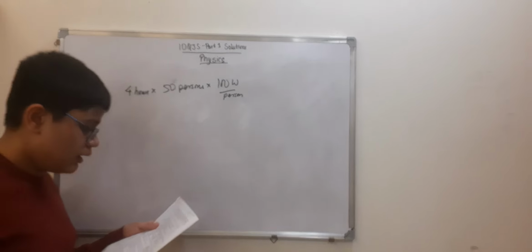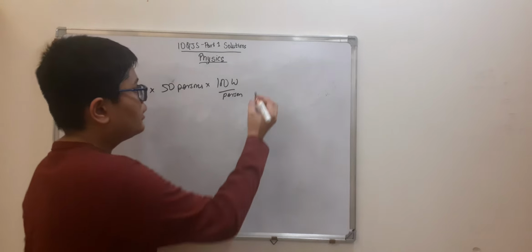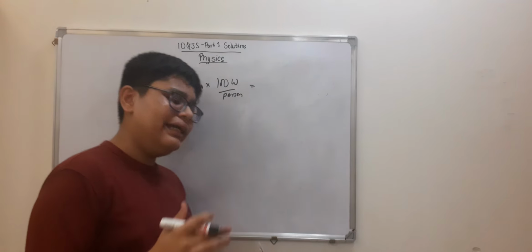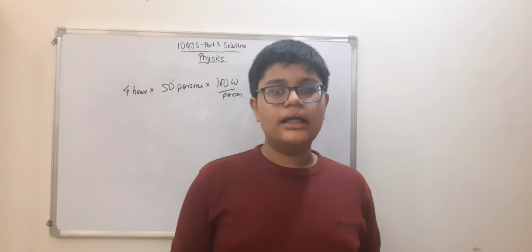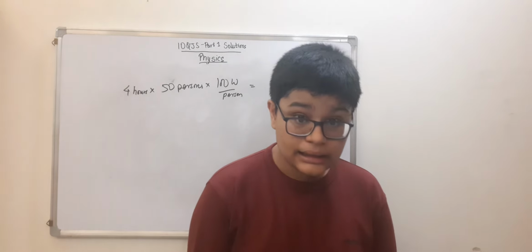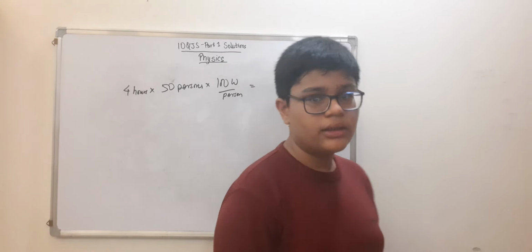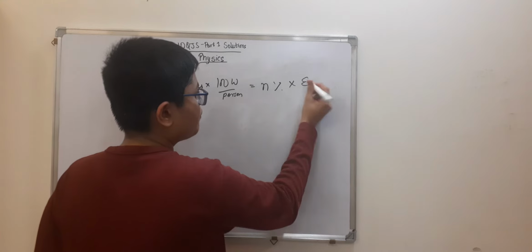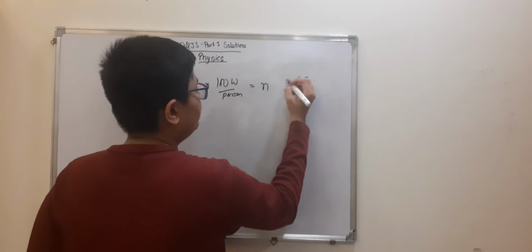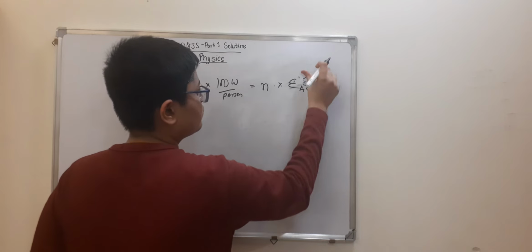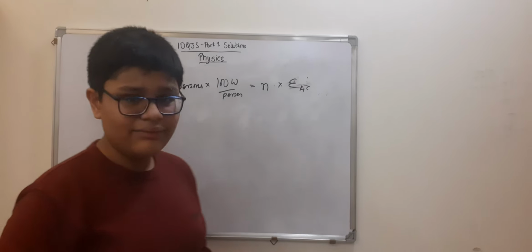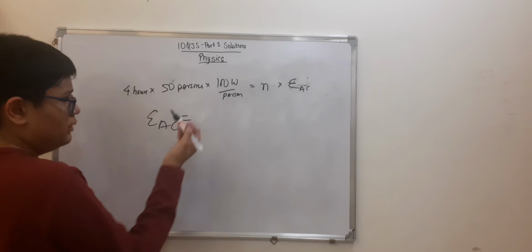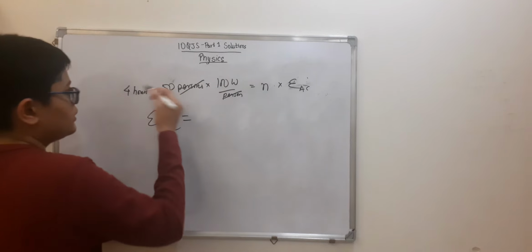Okay, and that's it. This will be the heat radiated out by us, and that will be equal to the heat taken in by the AC, right? Now since the AC is 50% efficient, this will be n percent into energy consumed by AC. Now n is given as 50%, that is half. So you can say that E of AC, the energy of AC, is equal to, percent cancel,